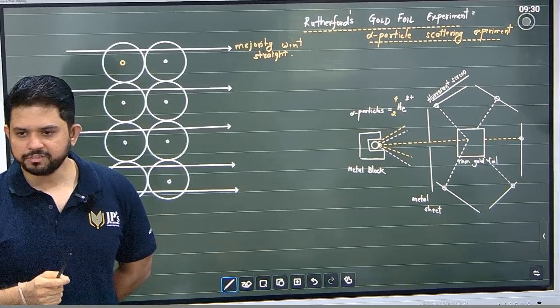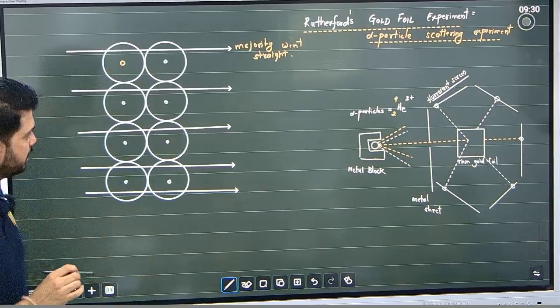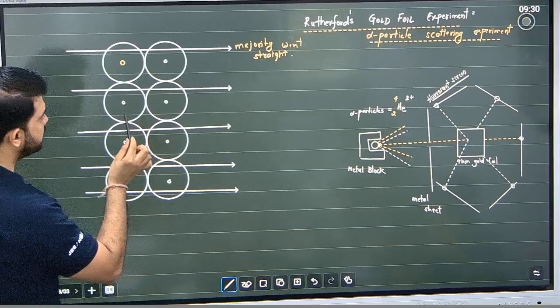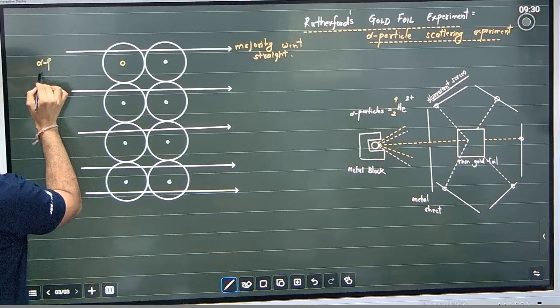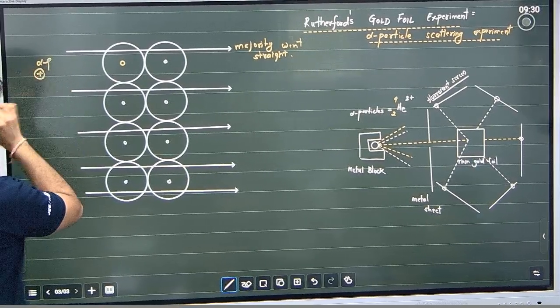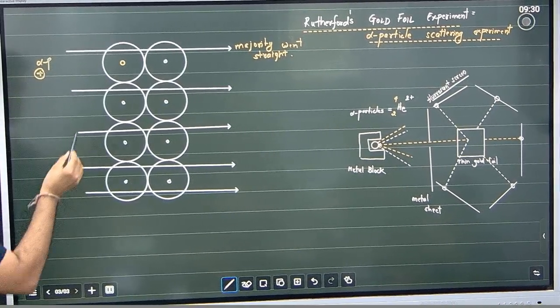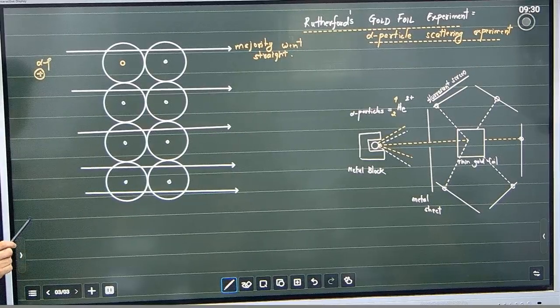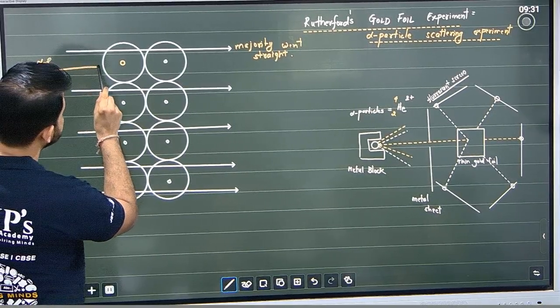Very few alpha particles got deflected via a small angle. What happened is when these alpha particles, what's the charge on an alpha particle, people? Positive charge. What's the charge on the nucleus? Positive charge. And hence when an alpha particle came close to the nucleus,